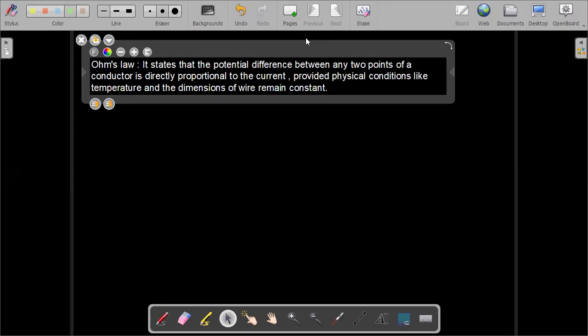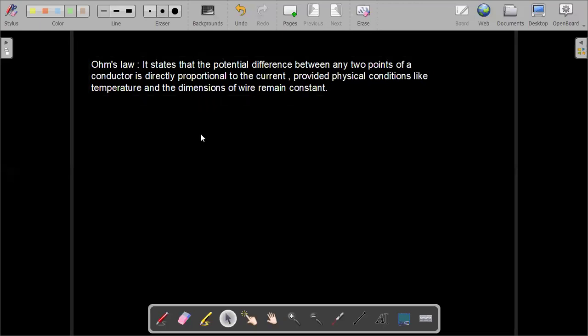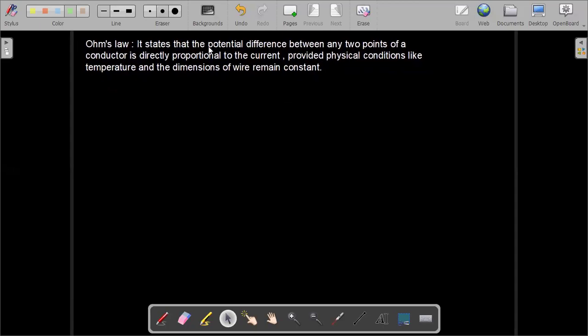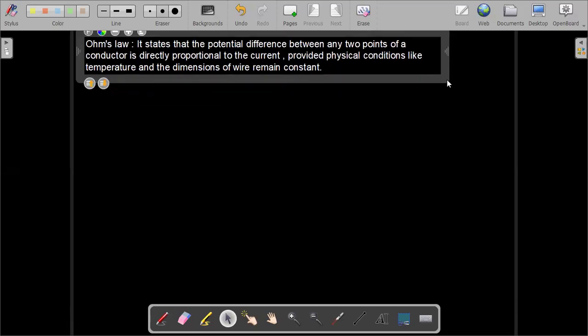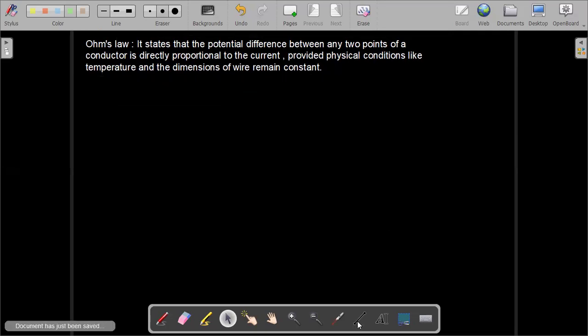Okay. So if you have the potential difference and current, current is directly proportional to the potential difference, or you can say that the potential difference is directly proportional to current. Both are actually the same thing. So for this, we consider here an electric circuit. So let's draw an electric circuit which is represented with a battery, a cell,